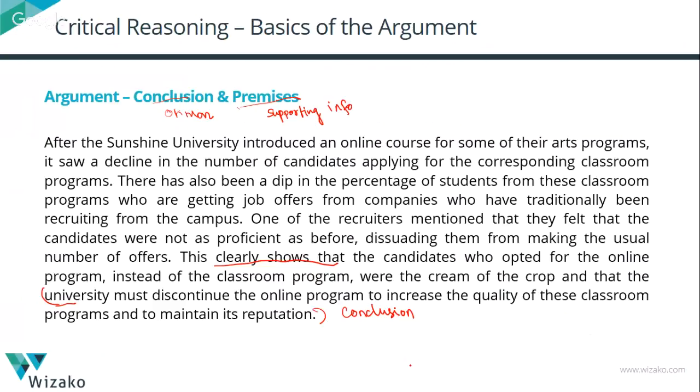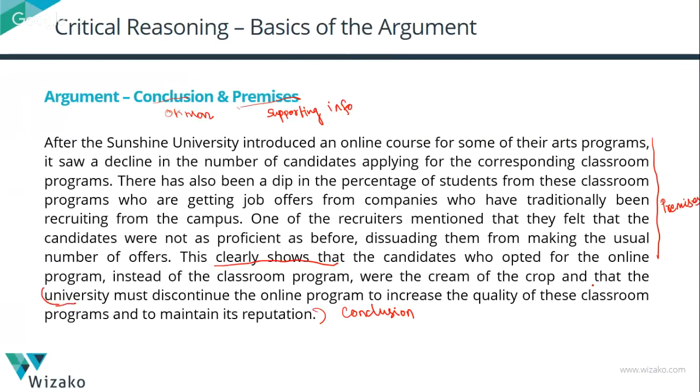It is also not necessary that the last sentence in the argument would be the conclusion. For all you know, the argument could have started off by presenting the conclusion in the very first sentence and then presented his logic or reasoning behind it. All of the remaining information given in this argument would be the premises.